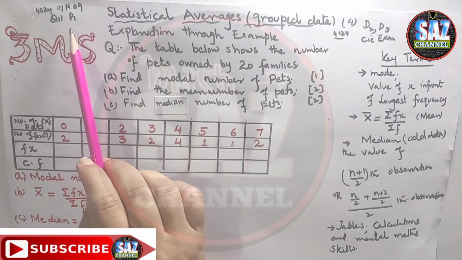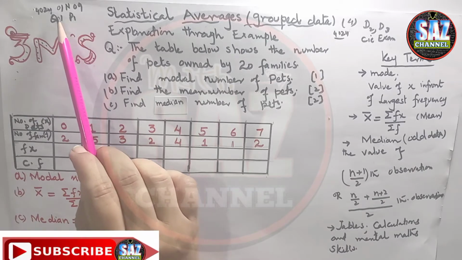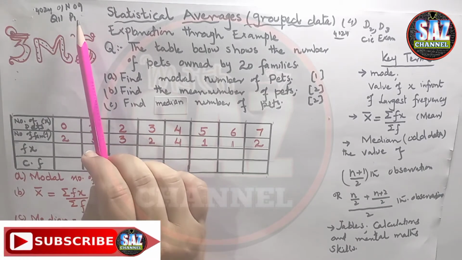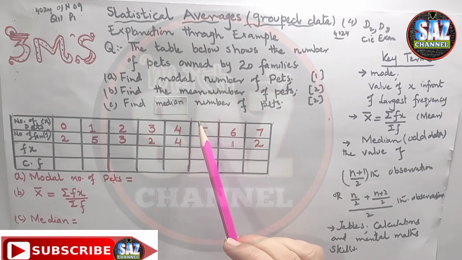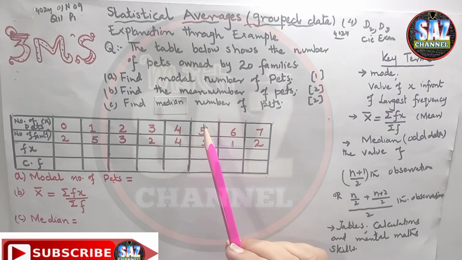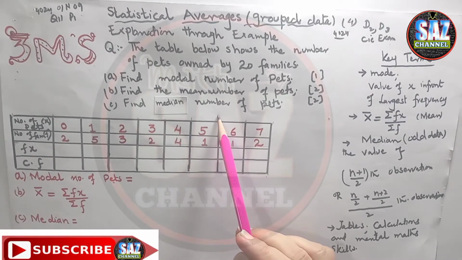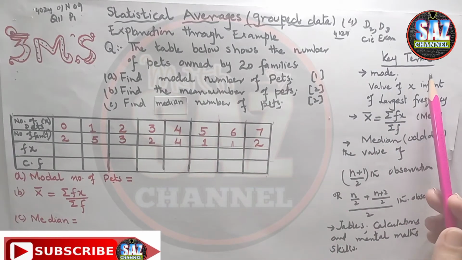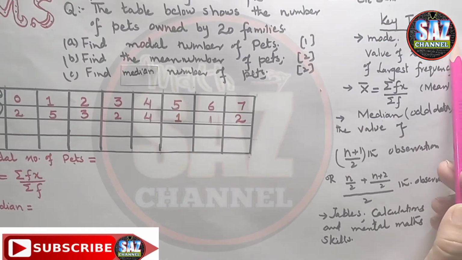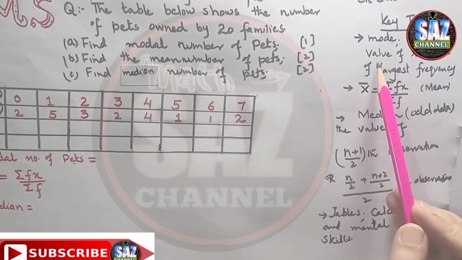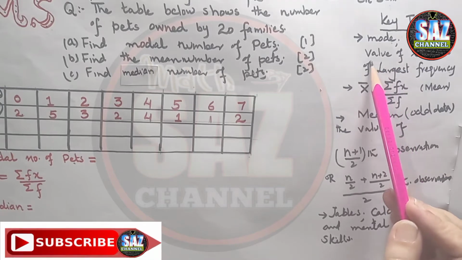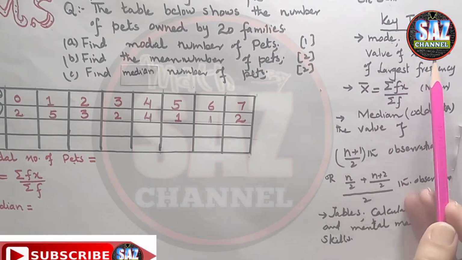This is question number 11 of paper 1 of October-November 2009. Before going to the lesson, it's important that we have a grasp on the basic concepts, formulas and the language related to the concept. Let's move to the key terms of the lesson. What is the mode for the group data? If you recall our previous lesson, mode is the value of x in front of the